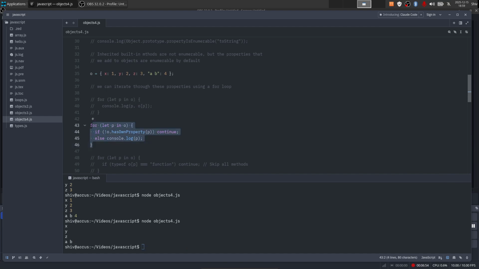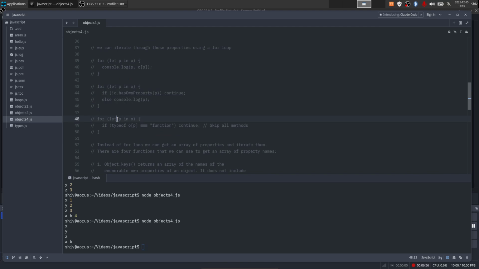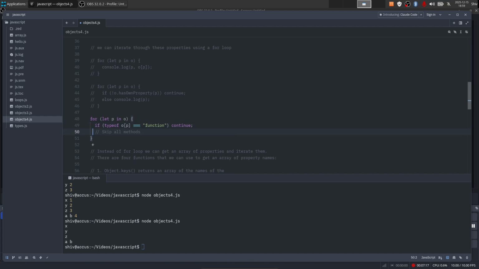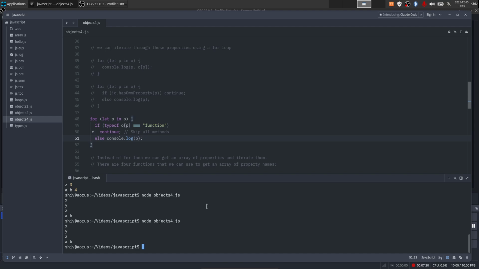Similarly, you can say that if the type of the property p is a function, okay, the typeof operator will give you the type, and then triple equals sign, so if it's a function, you can continue, else again you can say this, that will have the same effect. Okay,